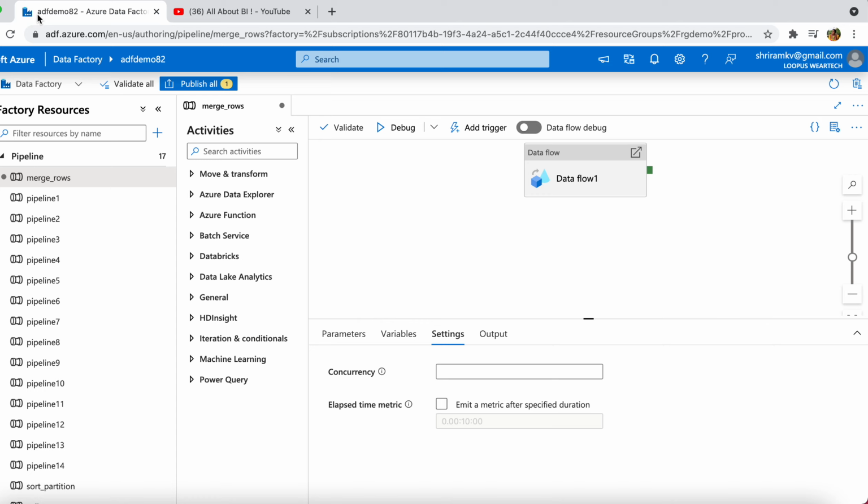In real time, we will want to monitor the execution time or the elapsed time of pipelines. For example, we might have a pipeline that pushes data for reporting purposes every 2 hours or every 1 hour, and it is very critical for us to pull out data for that particular hour.